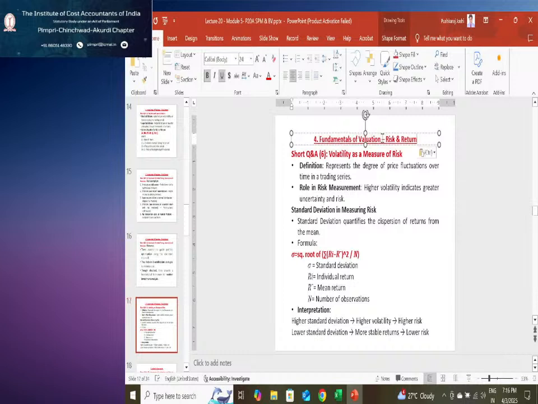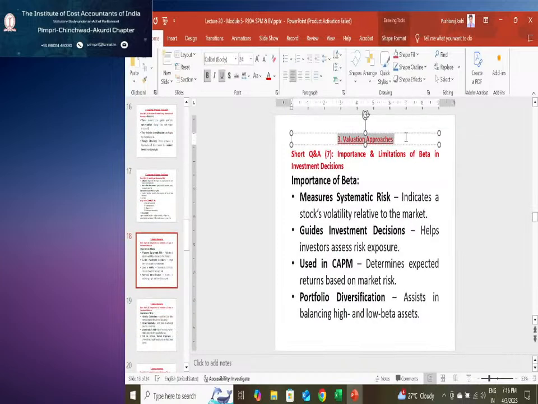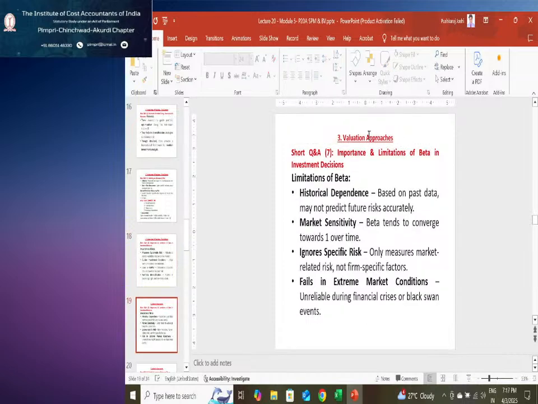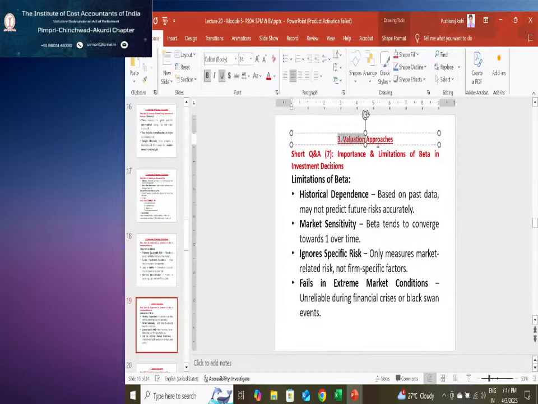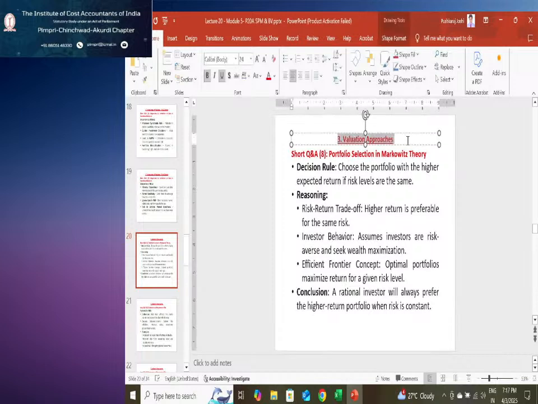So as I said, it is just a 2-pager, 3-pager chapter where risk and returns are discussed in this Fundamentals of Valuation, and therefore in a way the theory part is over. However, as I said, the approach that I have taken, when you refer to the short question and answer which are there at the end of the chapter, these short question and answer as well as long question and answer